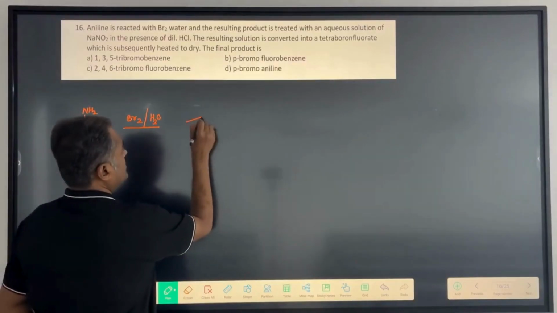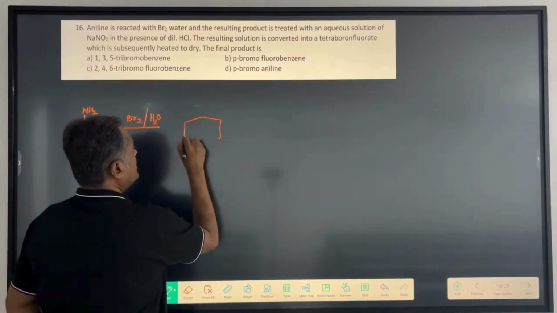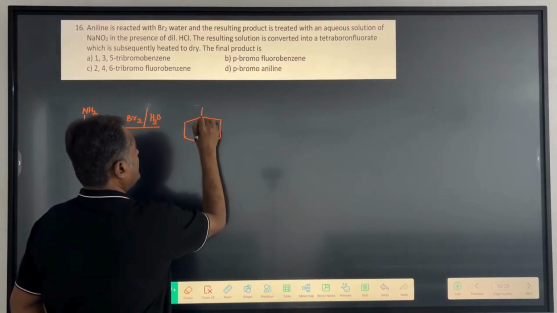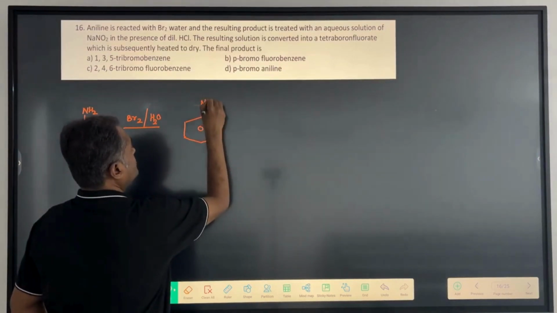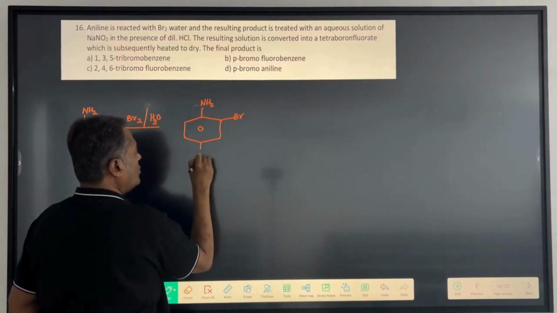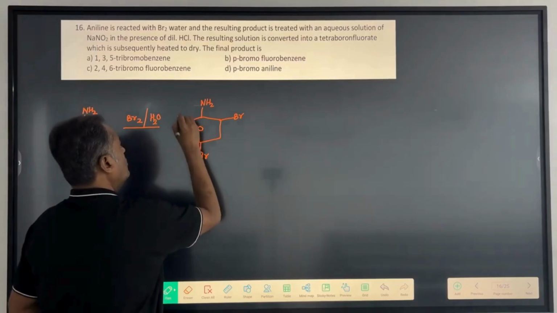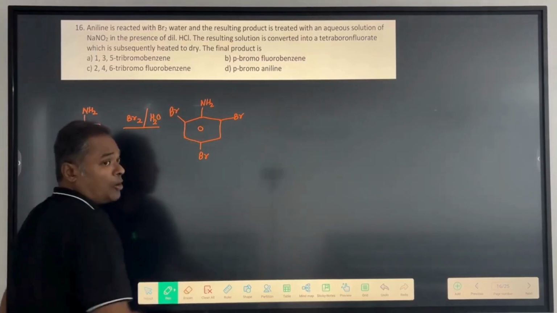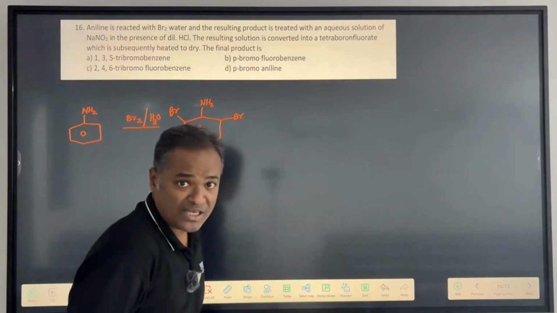So the product obtained would be: here you have got an NH2 group, here you have got Br at ortho, one more at para and one more at the other ortho. So the product obtained is 2,4,6